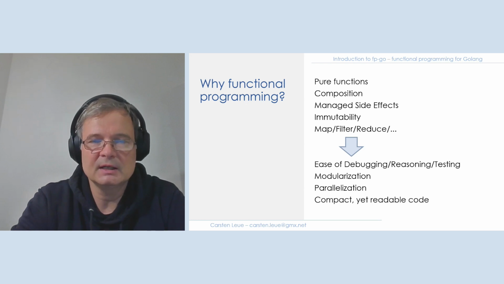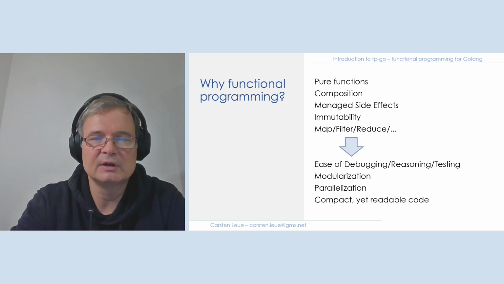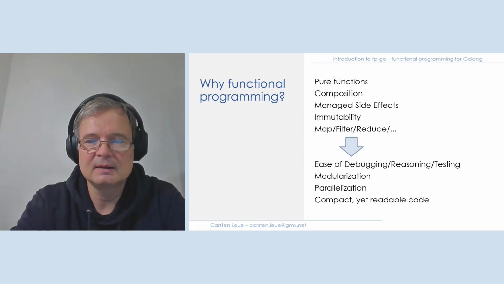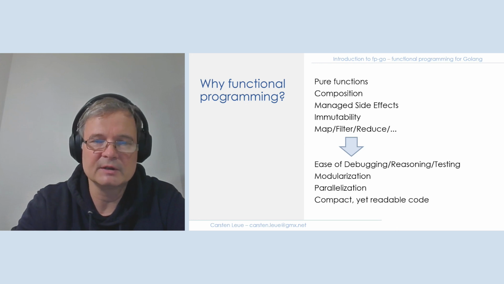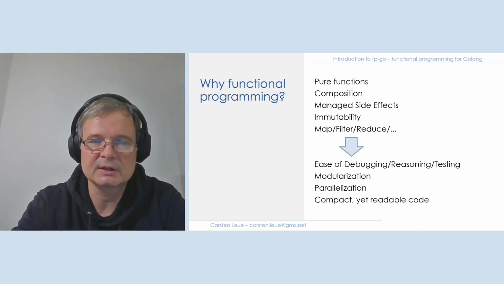Immutability is another key aspect. Typically or often in imperative languages, you find that data structures are mutable, and often this is done with the argument that the overall performance of the program is improved, because some algorithms can be implemented much more efficiently on mutable data structures than in immutable data structures.